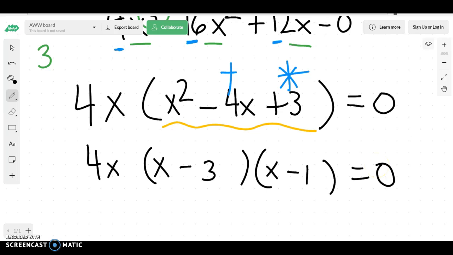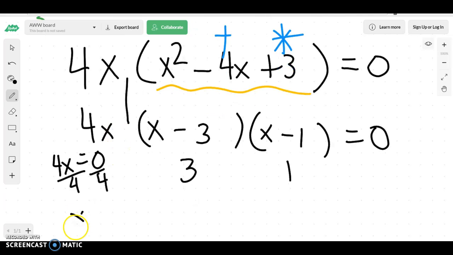What my zeros would be for this case would be 3, because I could make that equal 0. 1, because that makes it easy to equal 0. And if you're wondering what this one would be, well, you'd say 4x equals 0. Divide both sides by 4. So that means x would be 0. So your 3 zeros are